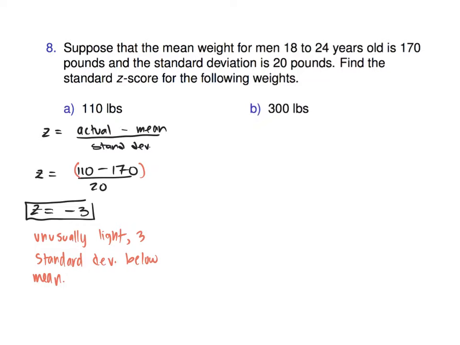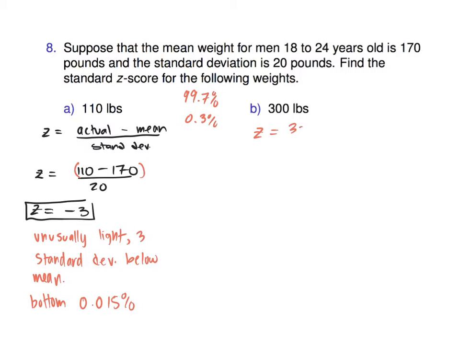Pretty much once you get more than 2 standard deviations above or below the mean, you're kind of special. You're in the bottom 2.5%. Or in this case, this person's in the bottom 0.15%, right? Because 3 standard deviations is 99.7%, meaning there's 0.3% in both ends. It's a super, super teeny person, right? This person, 300 pounds.